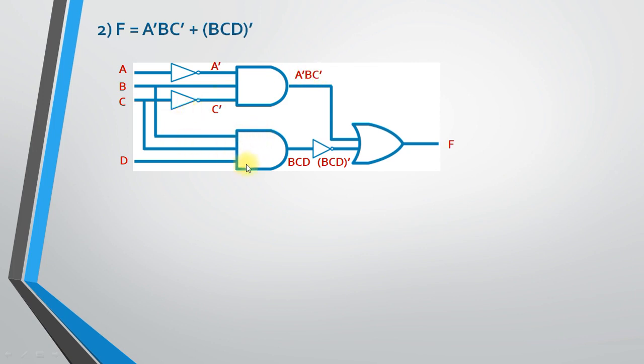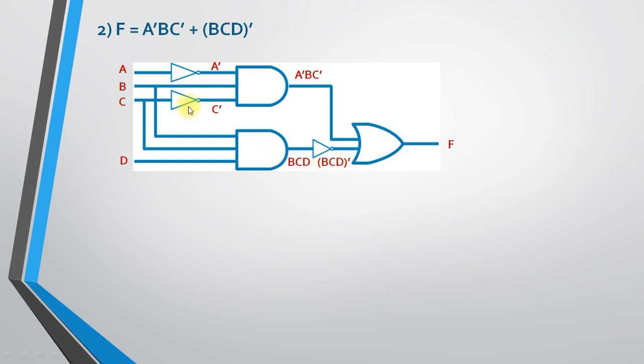Now consider the second AND gate in which the value of B, the value of C and the value of D is passed over here. So B, C and D. Now see, after getting BCD over here, there is one NOT gate. Now see, NOT gate means what? I want to get the complement of all the BCD, that means whole full dash.